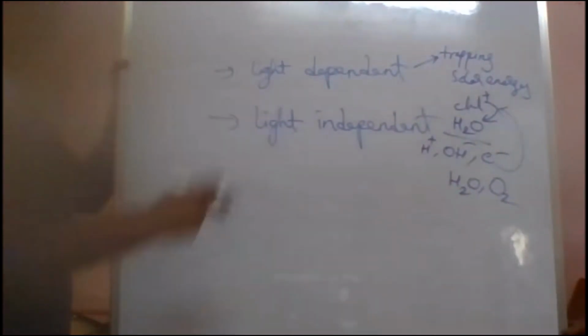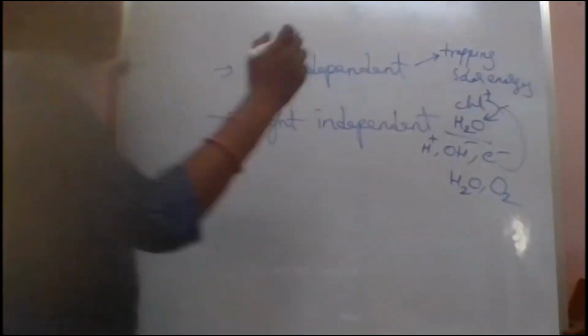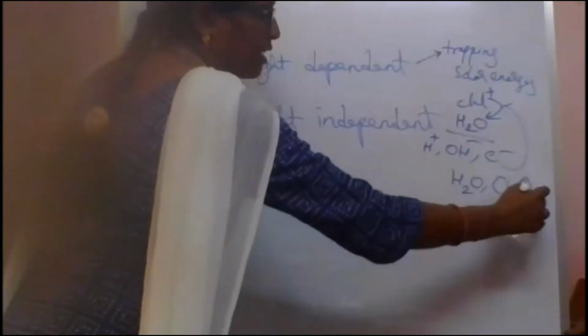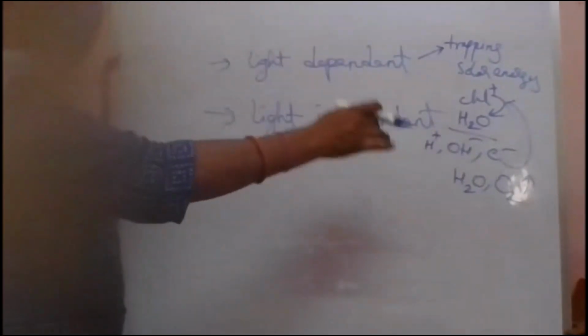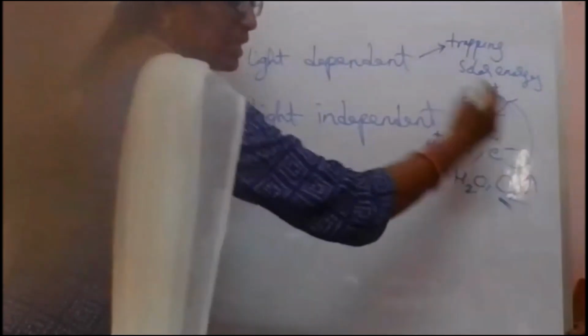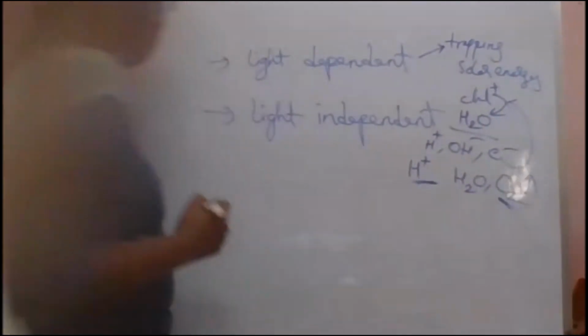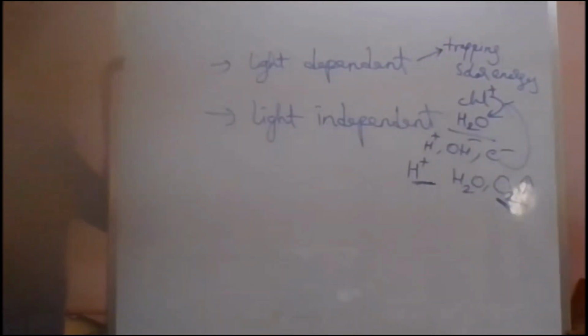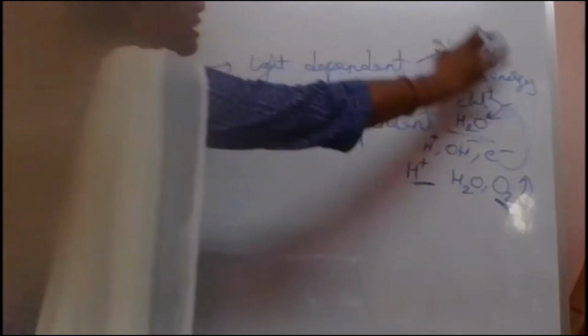In this splitting of a water molecule, which you usually call Hill's reaction, oxygen is liberated. The oxygen released in photosynthesis comes from the splitting of water. Along with this, H plus ions still remain. What will be left out? H plus ions will be left out. So this is about the light dependent reaction.